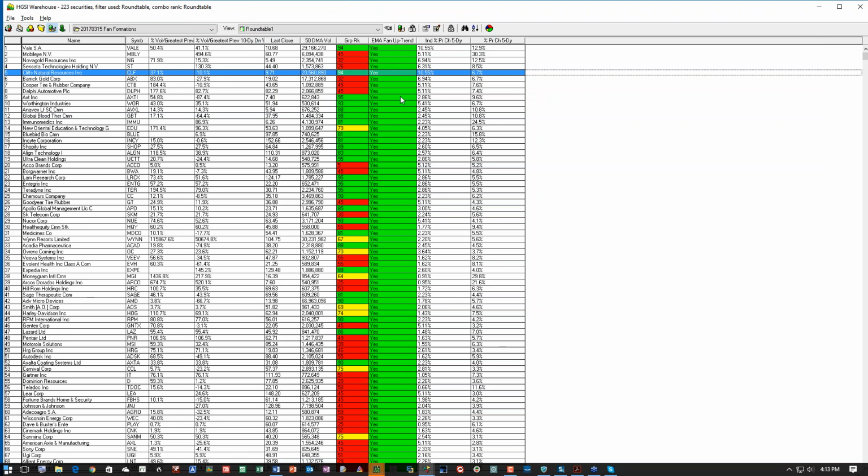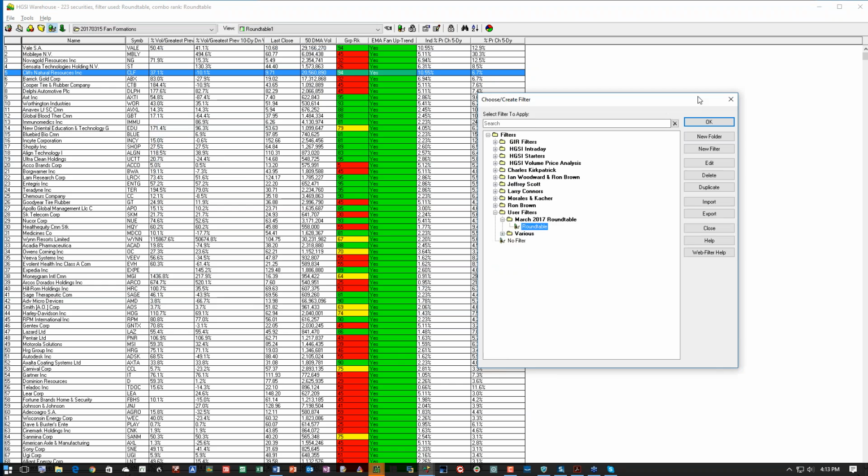I didn't require VPA flags in this view. I didn't think it was necessary. But if you wanted to add a VPA component to that filter,